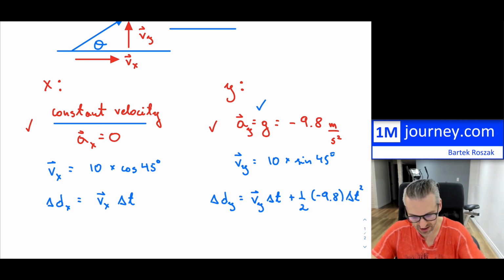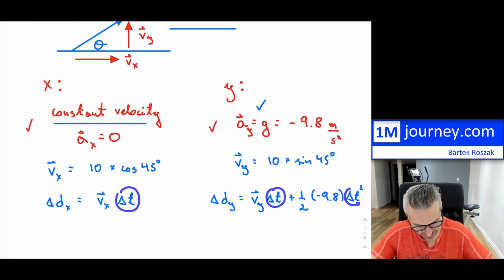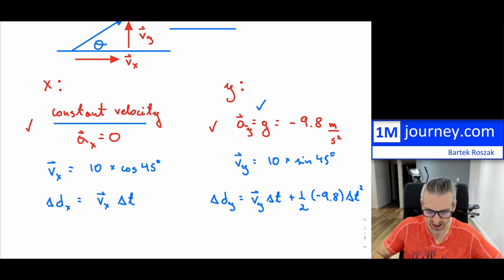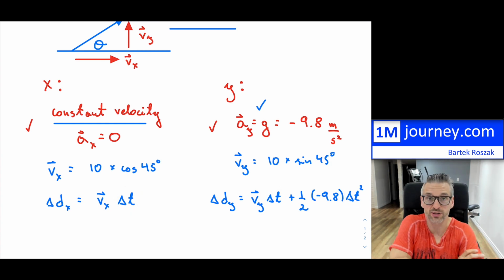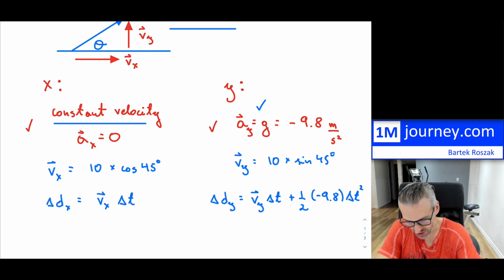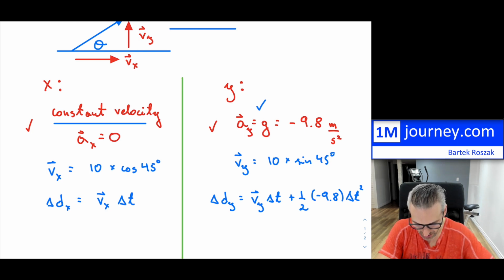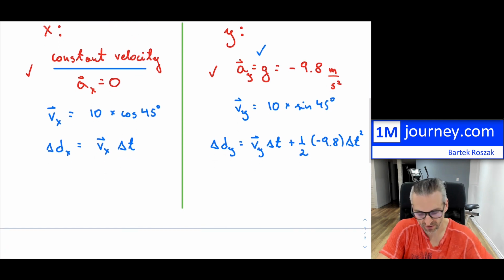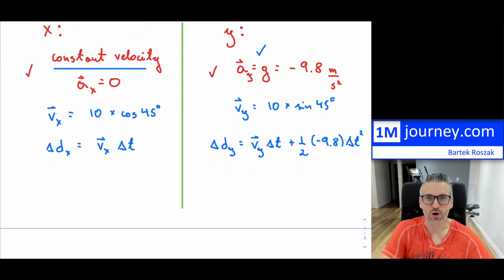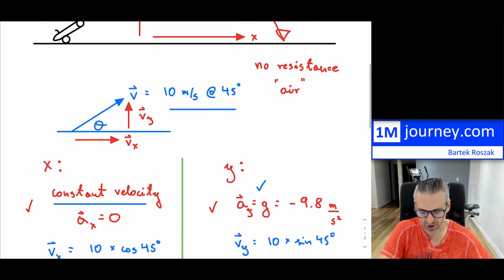Now, what you notice is that we're missing this delta t, and here we have delta t and delta t squared. We seem to have everything else, so long as we know what the initial velocity is, we can break these things down. Now, what else do we know? I'm going to concentrate for the moment just on the y, because on the x I can't really do much there. No matter how you shoot the cannonball out,